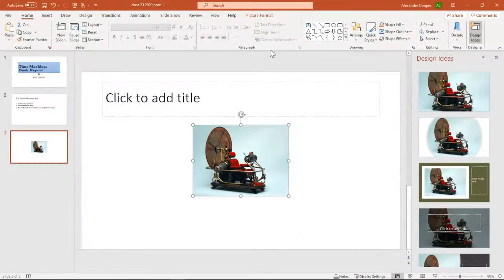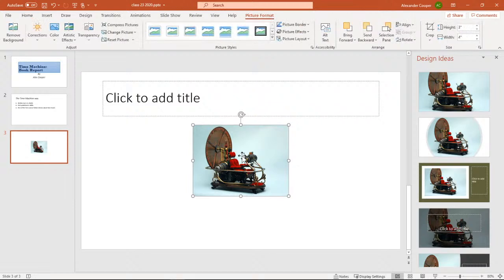Now, the picture format is not always up there. If you click on the picture, you can click a new tab that says picture format. The easiest thing to do is do a double click on the picture, and then that'll actually pull up this menu here, okay? One of the big things that we have that we can see immediately is we have our picture styles,